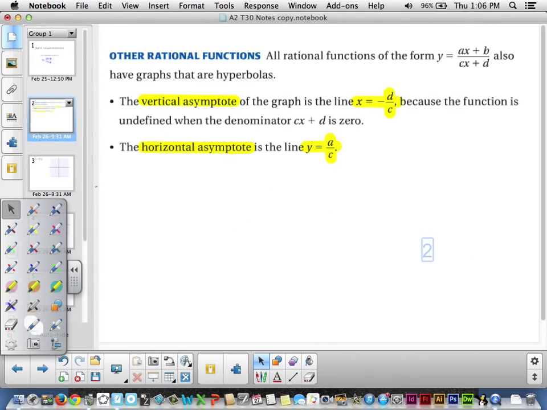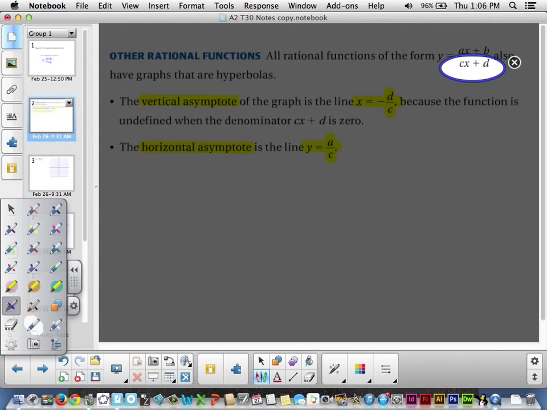Now if you remember graphing yesterday, we always started by plotting our asymptotes. Well, in the form we're at today, it's going to be just a little bit different to find our asymptotes. A vertical asymptote was a shift left to right yesterday. Today, we're going to look and see what makes the denominator 0. You can't divide by 0, so whatever makes the bottom 0, that's an asymptote. So you set the bottom equals 0, and basically your vertical asymptote is negative d